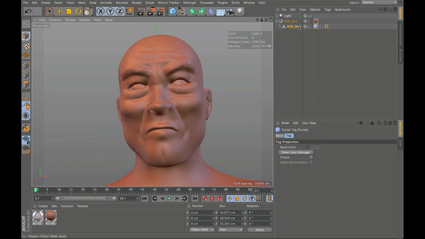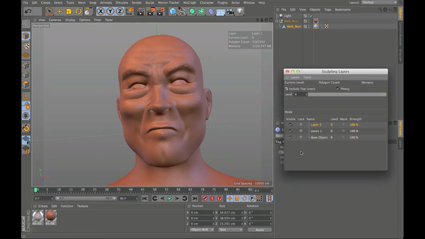I've got my male bust selected, and you'll see here I've got several layers controlling different attributes. I could turn these off. That way it gives you a little bit of freedom to work, and you can undo things really easily by keeping a non-destructive workflow using layers. I also have 6 levels of subdivision, and I've got way too many polygons to make this a manageable mesh